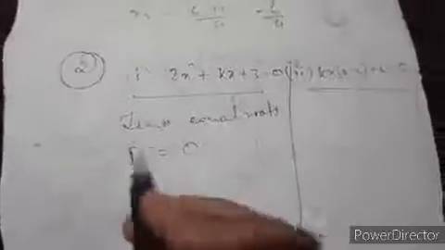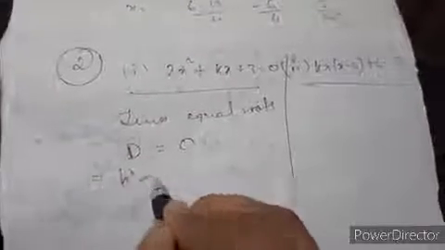In both cases it is given that there are two equal roots, that means the values of the roots are equal. So we know that only in this condition, that is discriminant value equal to 0, or you can say b square minus 4ac equals to 0, we have two equal roots, isn't it? Now I think all of you are familiar what the b value will be, that is k square. A is 2, c is 3.